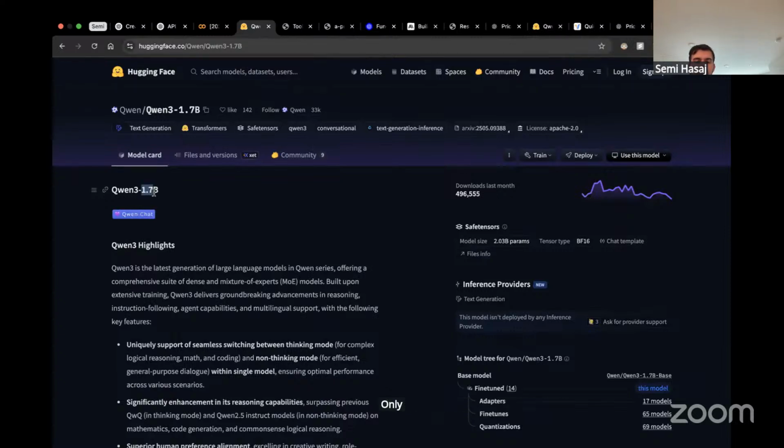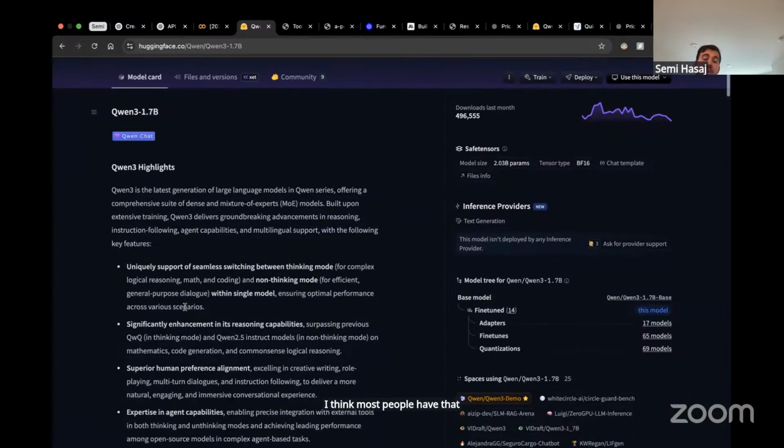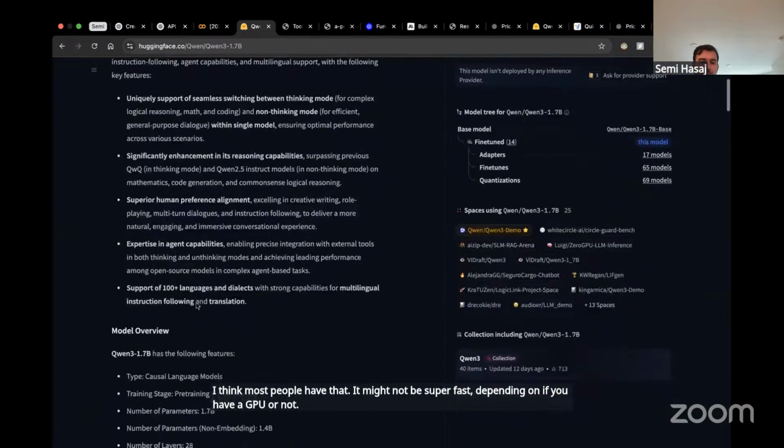Only 1.7 billion parameters, so this will only take up about 3.4 gigabytes of RAM, plus some overhead for activations. Call it 4 or 5 gigabytes to run this model locally on your machine. I think most people have that. It might not be super fast, depending on whether you have a GPU, but you can try it.